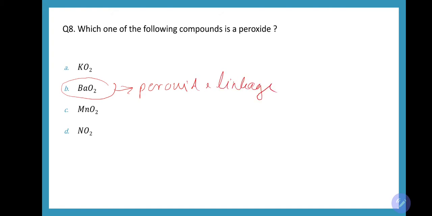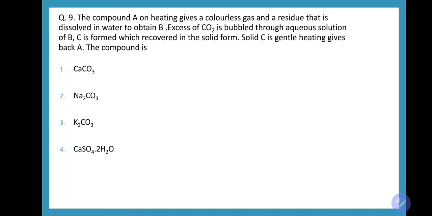Okay, the next question. A compound A on heating gives a colorless gas and a residue that is dissolved in water to obtain B. Excess of carbon dioxide is bubbled through the aqueous solution of B. C is formed, which is recovered in solid form. Solid C on gentle heating gives back A. The compound is...